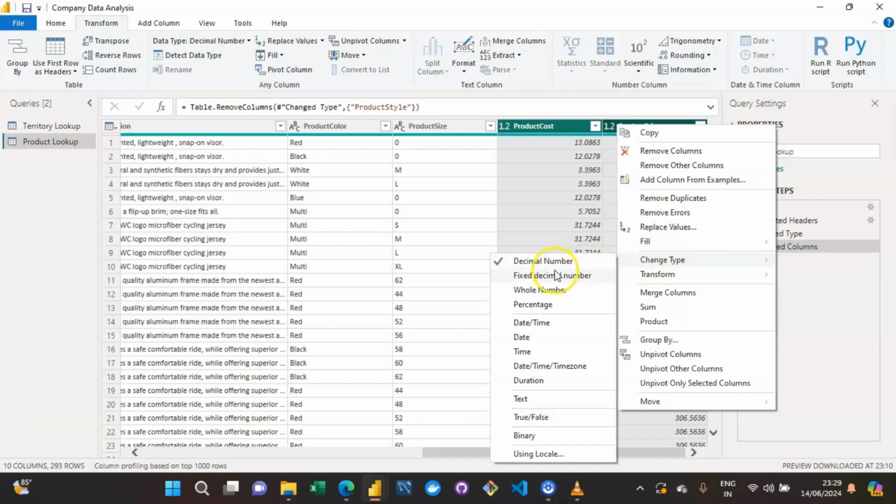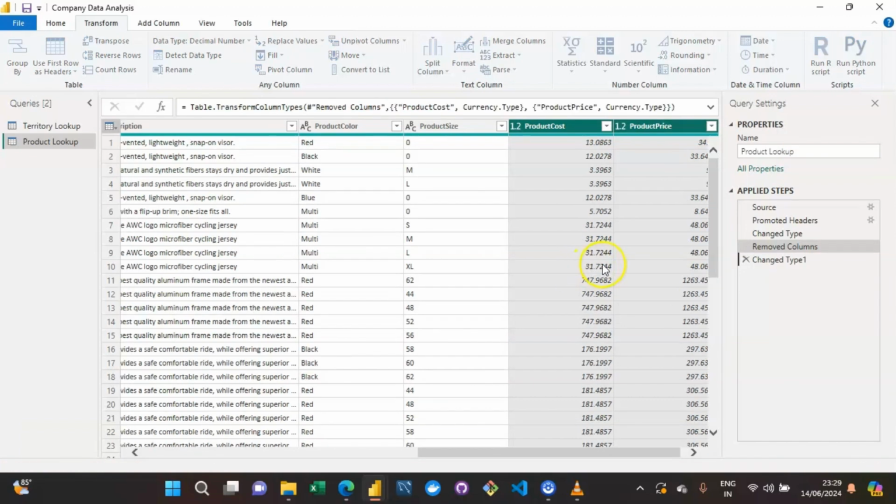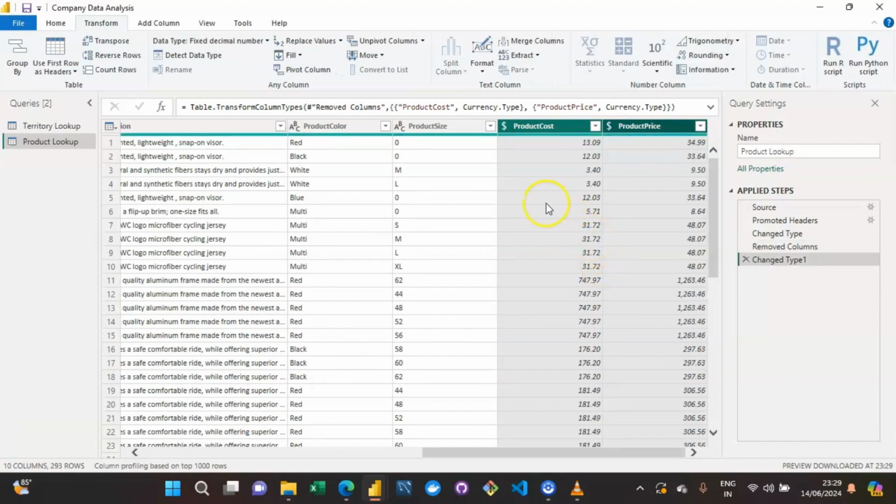Just because I want to convert these specific columns into a currency type, I will click over here on fixed decimal number. You'll see that the type of these specific columns is getting converted into currency. In this M code itself, you'll see this option, right? And you can see in the applied steps as well that the type of these specific columns is getting